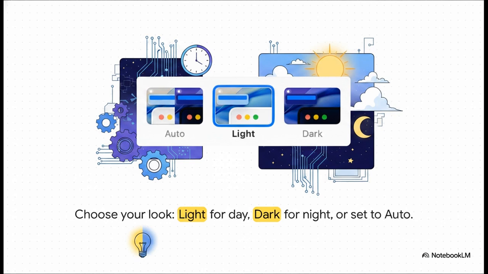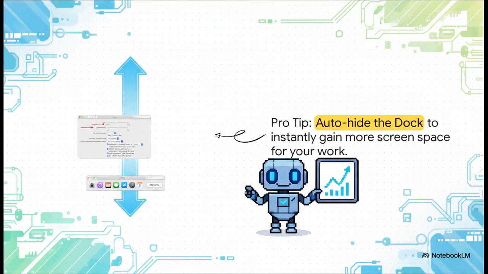It helps you focus. Or, if you can't decide, just set it to auto and let your Mac figure it out. Okay, here is a classic power user move that I use literally every single day. Head into your dock settings and just check that little box that says automatically hide and show the dock. Boom! With one click, you get back all that precious vertical screen space, letting you focus on what actually matters,